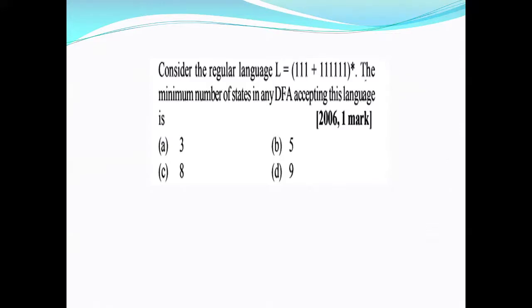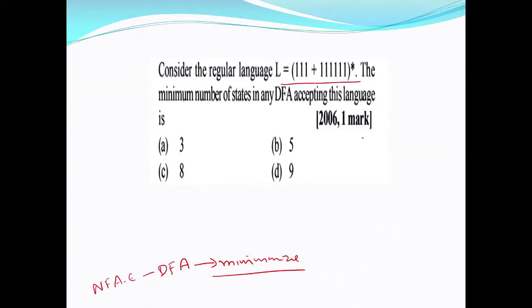So to give you the minimum number of DS, the roundabout method is you have to go for NFA epsilon, then you have to convert it into DFA, and then you have to minimize it. But it is given only for 1 mark, so you cannot go for this. So you need to observe what this language is, what the strings in this language are.